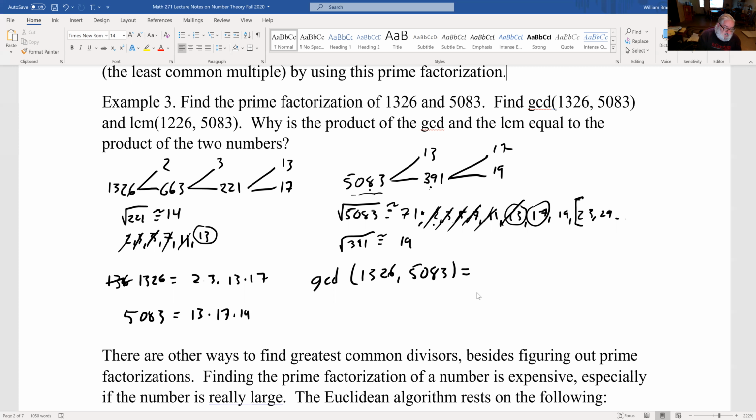So what are the factors of 5083? Well, 13, 17, 19, those are all factors. 13 times 17 is a factor. 13 times 19 is a factor. 17 times 19 is a factor. So what's the biggest factor that shows up in both of them? Well, it's the 13 times 17. That's the greatest common divisor. And that is 221. So that's the biggest